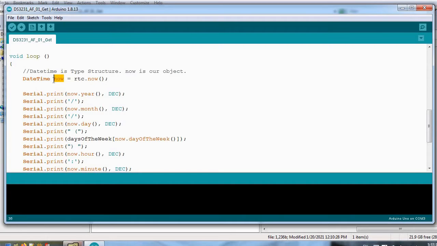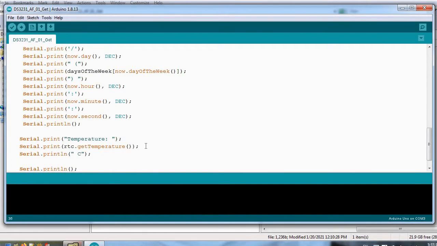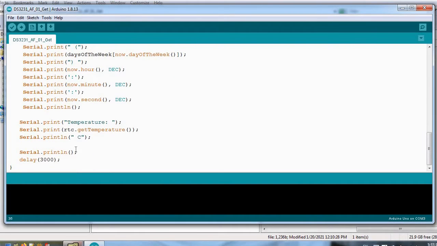So our object now is going to have present time inserted when we run this line. And in this DateTime structure, year, month, day, hour, minute, second, and of course day of the week, these are all the variables we will get. We will also be able to see temperature with RTC.getTemperature.